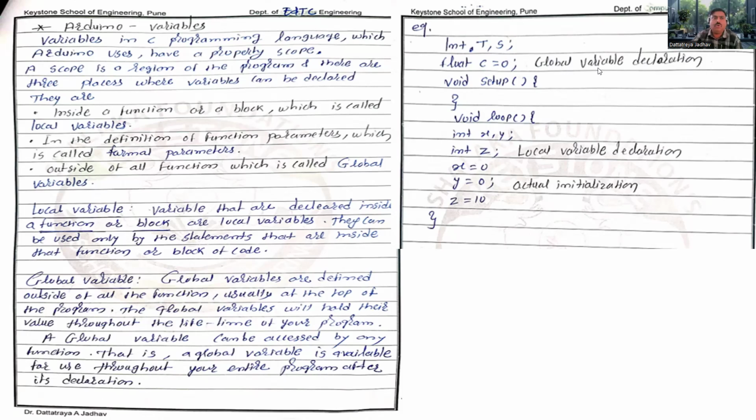So this is a global variable and a local variable. As per our C, we know about that concept. The same concept is followed in Arduino, right? Global variable and local variable. Considering this parameter,